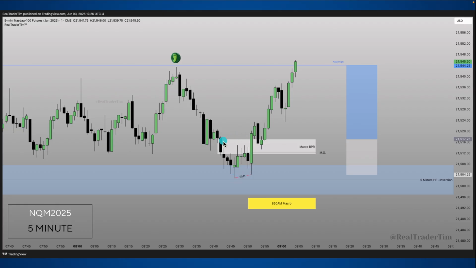Close above this BPR here. Boom. This SIBI, I should say. Boom. High probability inversion. I'm long. That's the model. That's narrative. Okay. Additionally,